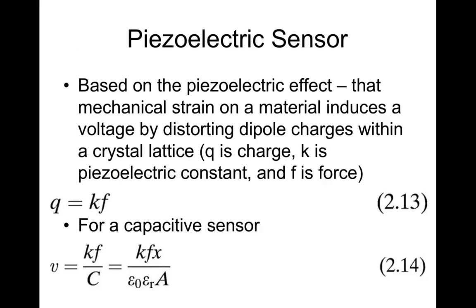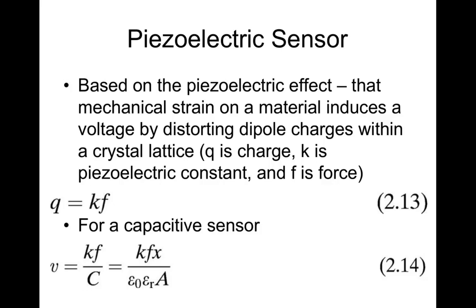So the last thing to talk about in this section is the piezoelectric sensor. This works off a slightly different effect. Basically, you're basing this on the piezoelectric effect, and that is that the mechanical strain on the material induces a voltage by distorting the dipole charges within a crystal lattice. In most crystalline materials, you have a crystal lattice, and often the atomic structure within that lattice minimizes its energy state by aligning its dipole charges. When you apply strain or stress to that material, it basically moves those dipole charges within the lattice,